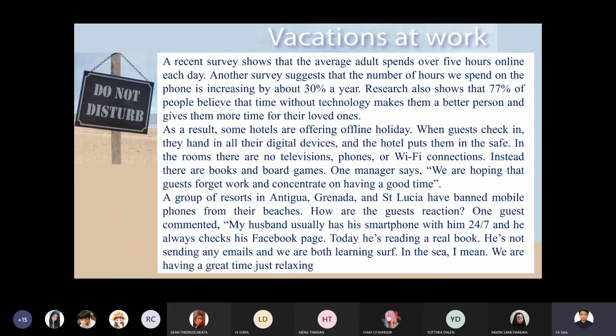You can see questions number 1, 2, 3, and 4 on your Telegram group. In order to check whether they are true or false, you have to read this article. All right. I don't want anyone to read first. I just want you to read by yourself and check whether the four statements are true or false. After we finish checking the answers, we will come back to the reading and read together. For this, I'm going to give you 5 minutes to read by yourself and check these four statements. So we check the answer at 8:06. Okay, everyone, please do it right now.